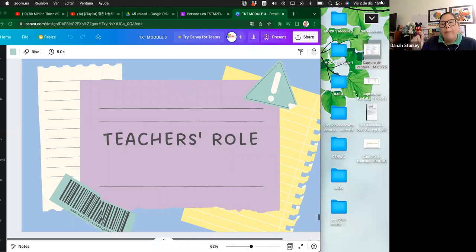But sometimes we don't stop to think about the different roles we can play in every single stage of our classes, okay? Depending on the activity, depending on the aim, depending on what we want to get from our